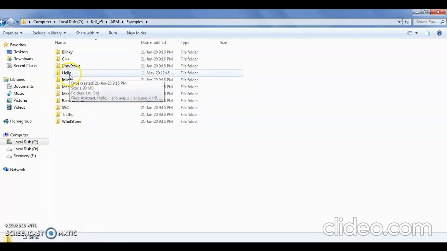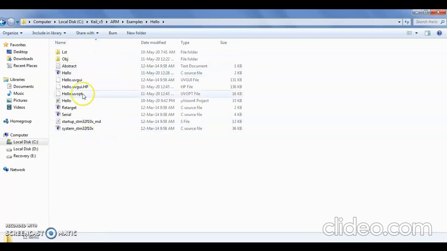In Hello, I can see a folder which has some supporting C files, header files and also a few microvision projects. I can see a project called Hello. So I am trying to run or show the serial communication using this already existing project in the ARM development toolset.